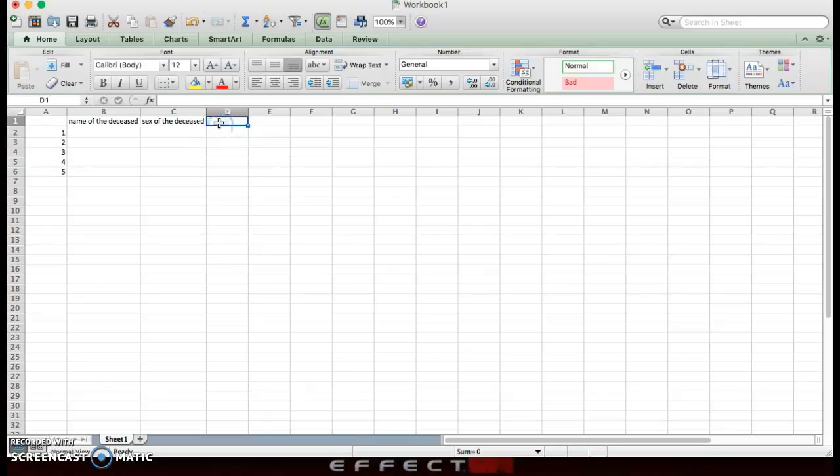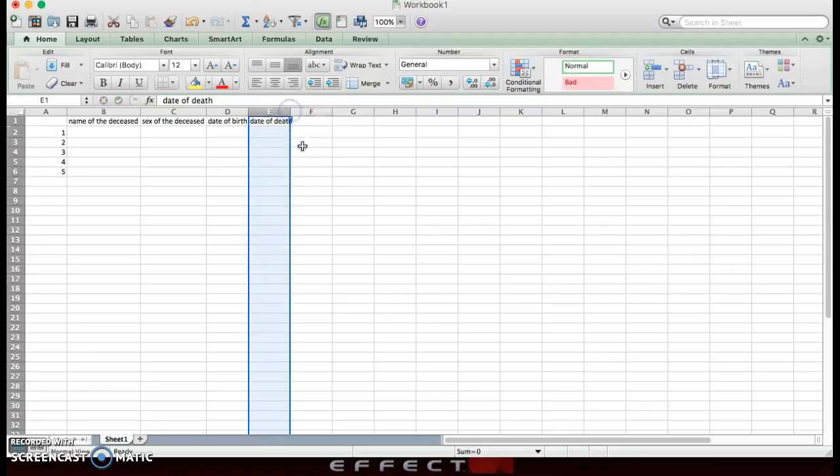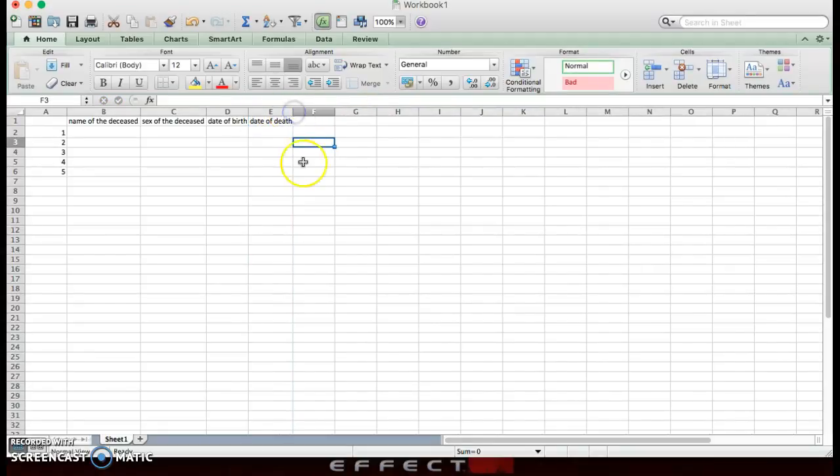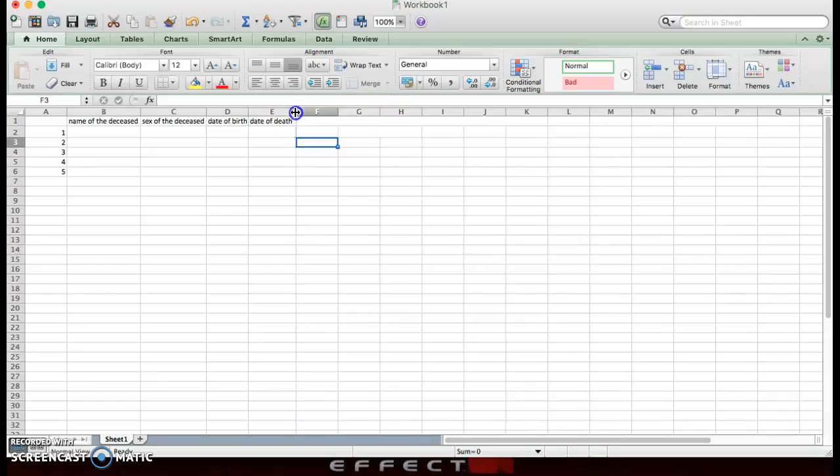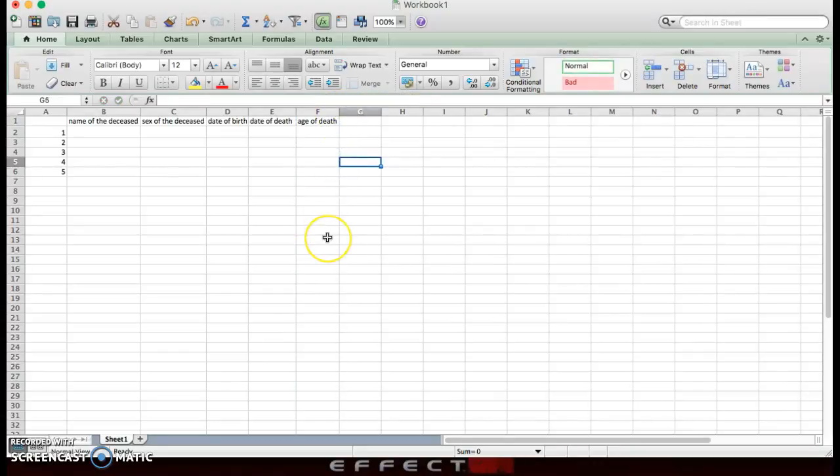Then you will also need the date of birth, date of death, age of death, so the age at which they died, cause of death, if it's given,